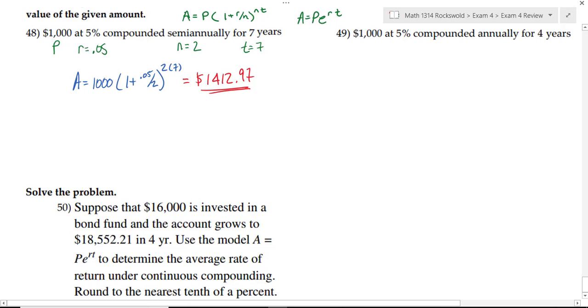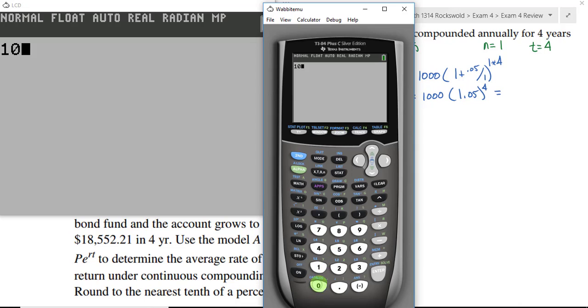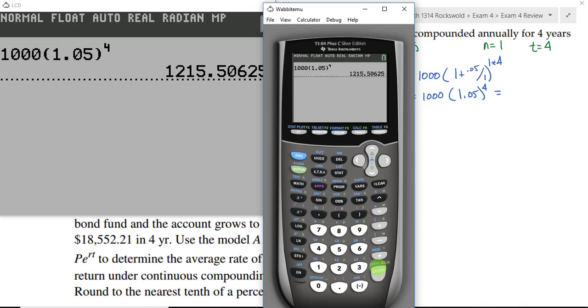On 49, we have $1,000 compounded at 5% interest annually. So what is n equal to? For 4 years. Dropping those numbers into the formula, we get A is equal to 1,000 times (1 plus 0.05 divided by 1) raised to the 1 times 4. You can simplify this and rewrite this as 1,000 times 1.05 raised to the 4th power. So on our calculator, we type in 1,000 times 1.05 raised to the 4th power, and we get